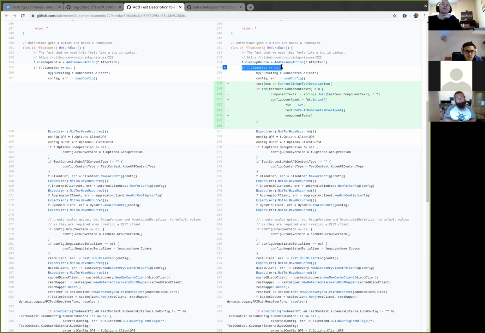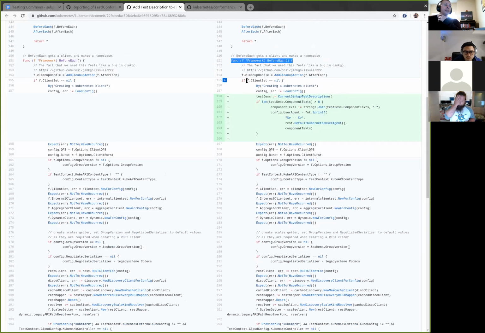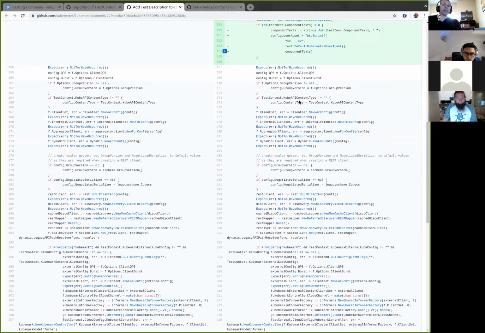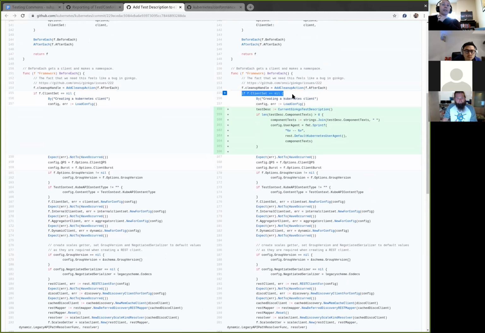But that's what I said. There's no locking on this call. If you have multiple before each calls, if your sweep is being run in parallel, because that exists all over the place, and parallelization was probably added after this was originally created, there should be a lock up here. Before you even do this check, you take a lock on the before each that will serialize just this portion, and that's totally fine because the actual execution of the tests will all be in parallel. So I'm totally fine with before each being locked with a defer unlock. But the way this is written, it's totally possible for you to have multiple client sets.